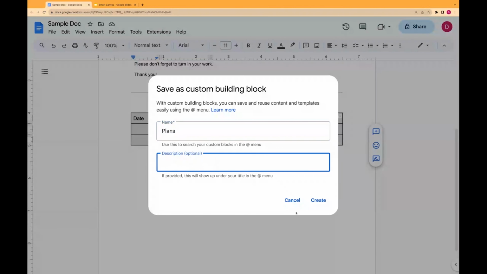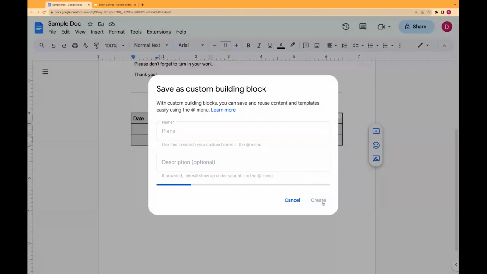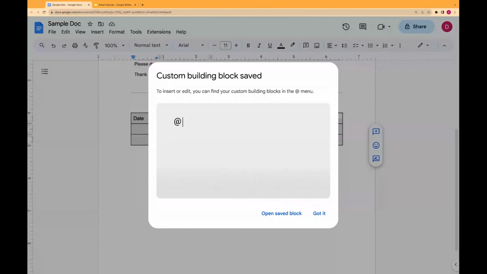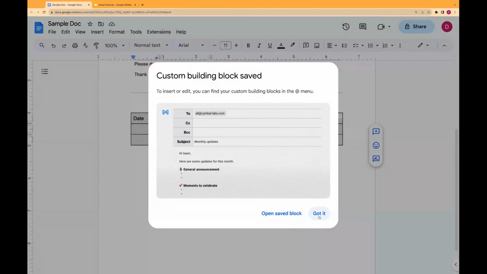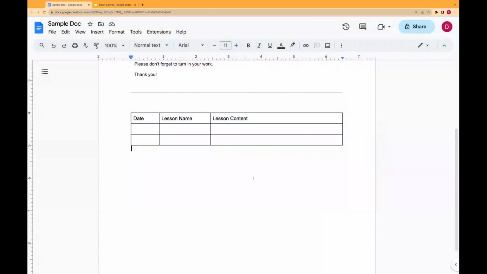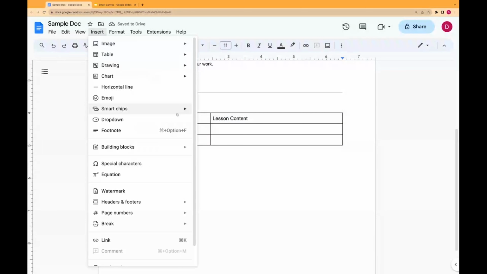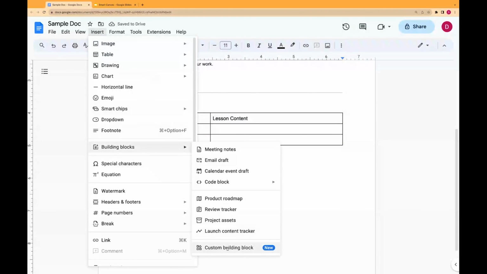Give it a description if you want, and then you simply click create. Once you've done that, it's going to create it. It's going to say, hey, this is done. Do you want to open that custom document with that? Or you can just say got it and move forward. Very simple, very easy. If I go back to my insert menu and my building blocks and my custom building